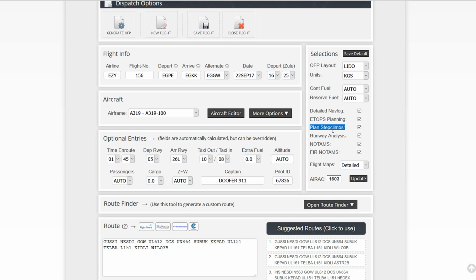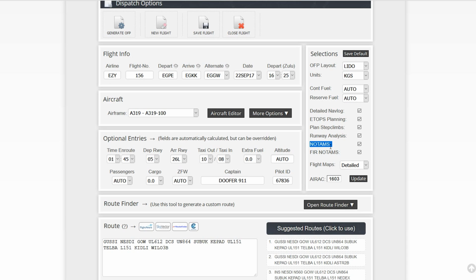So on long haul flights, typically an aircraft will start off cruising at about the low 30,000 feet, and as the flight progresses and the aircraft gets lighter, the aircraft will steadily climb, maybe 2,000 feet from flight level 330 to 350, and then once it's burned off another couple of hours of fuel, it will go from 350 to 370 and so on. So the altitude steps up as the flight progresses. SimBrief can calculate that for you, and you can have runway analysis, NOTAMs, which are just notifications and alerts